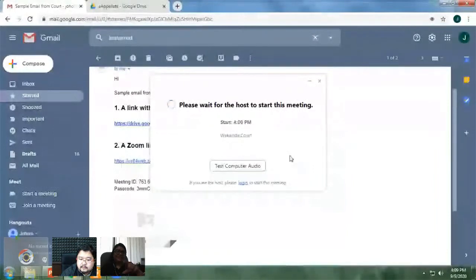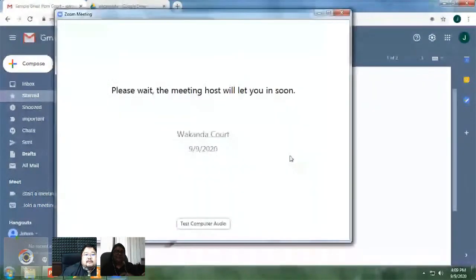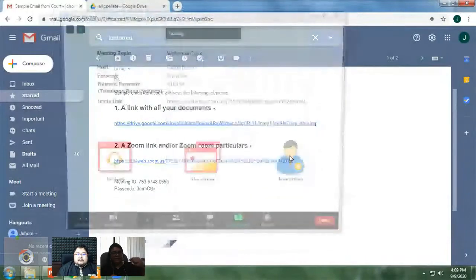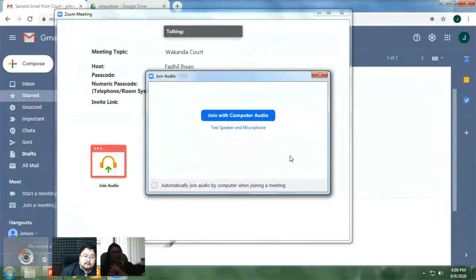So if you previously joined a meeting with your own personal name, when you join with the link, your name will automatically be that name. I see. So it'll just be a matter of knowing how to change your name if you launch it with the link. Because if you enter with the meeting ID, you can input your name, but if you launch it with the link, then your name is automatic. You'll have to change it after the meeting has been launched.